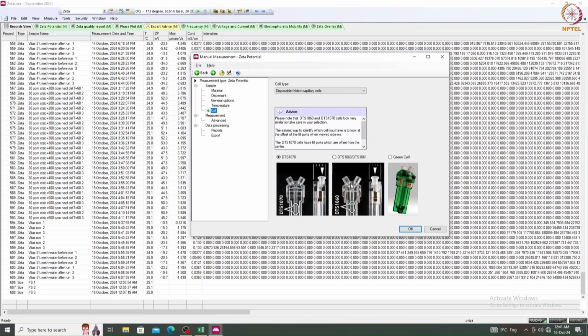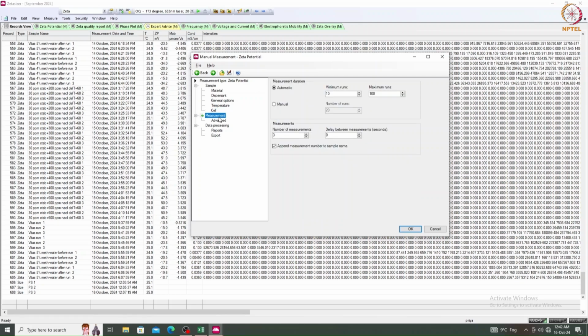And the other one, DTS 1060, is used for samples where minimal sample volume is needed. It is designed to handle slightly more sensitive or low concentration samples. The DTS 1060 cell allows for high precision in measurements of zeta potential, especially for smaller particles or more delicate suspensions. The green cell is designed especially for samples that are prone to decomposition or degradation when exposed to laser light. It has a special design to accommodate these types of sensitive samples, preventing laser-induced damage and ensuring more accurate results.